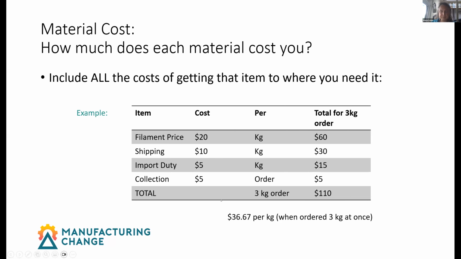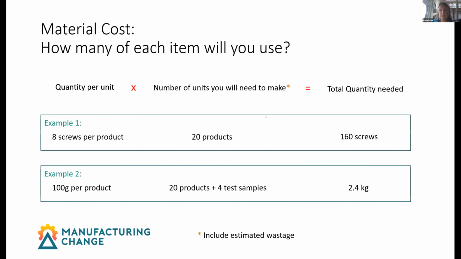So in this worked example, we can see that although your supplier may say the filament costs $20 per kilo, when you've added up all the other costs, it can come out to nearly $37 per kilo in an order of 3 kilos. And if you were to order a different quantity, that price would be slightly different. So that's working out the cost per unit. Then you also need to work out